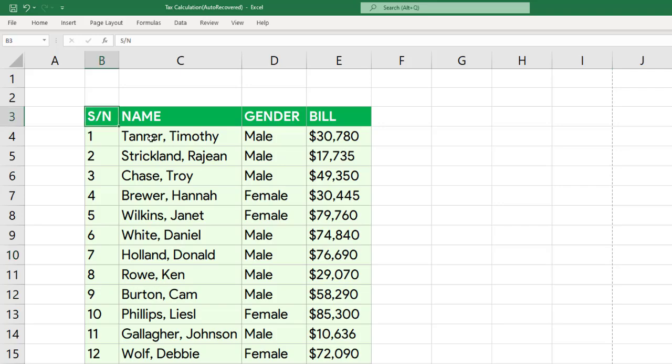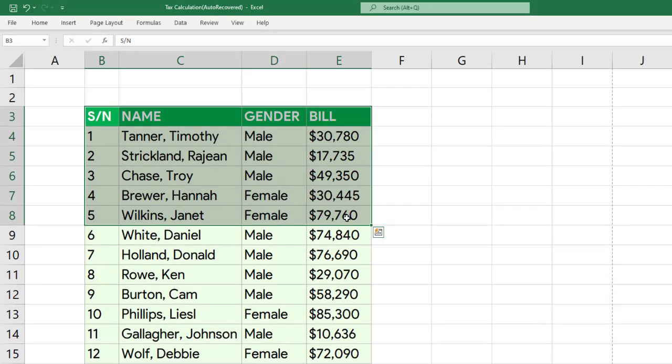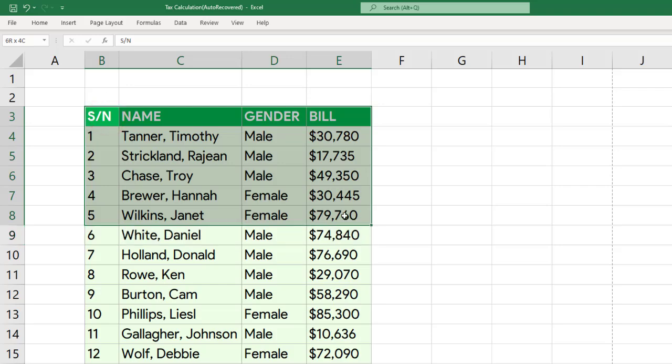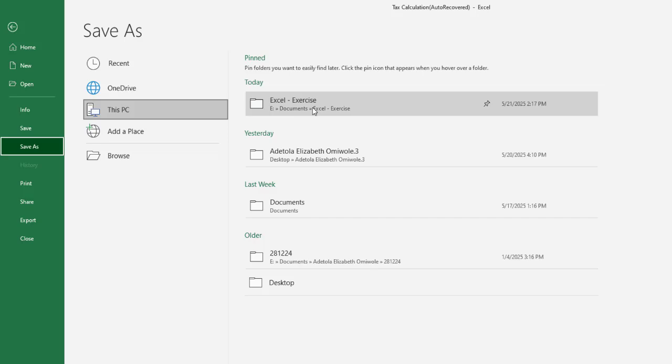Take for instance, I have 14 names on this list. What if I just want to save the first 5 names to PDF? That is quite easy. What I have to do is to make a selection from the header to the last record, record number 5. I'll come to File, I'll come to Save As, I'll come to the directory, I'll pick it,